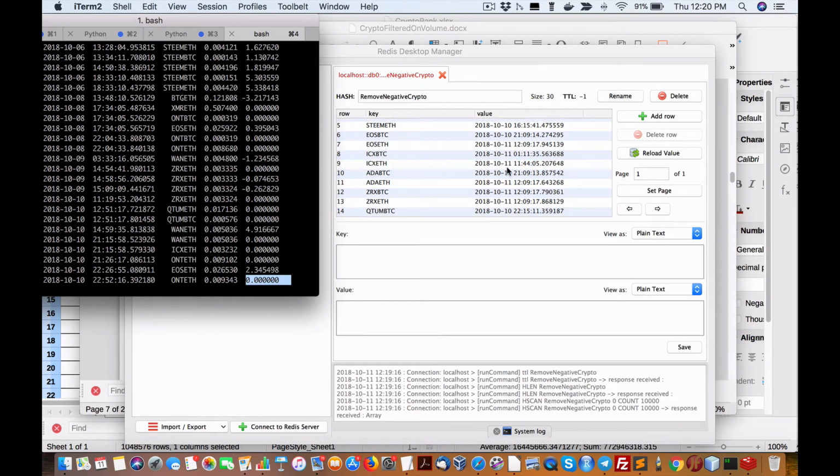ICX Ethereum was removed earlier today at 11:44 because of negative moves. So you can clearly see, if I did take on that position, I didn't have a tight stop loss, I'll call it a virtual stop loss, but a way to exit that trade at no loss. But because it's on this list, I'm watching to see if I even want to take on that trade if it ends up on this list, because you can clearly see here that EOS was not on the list of the negative movers,